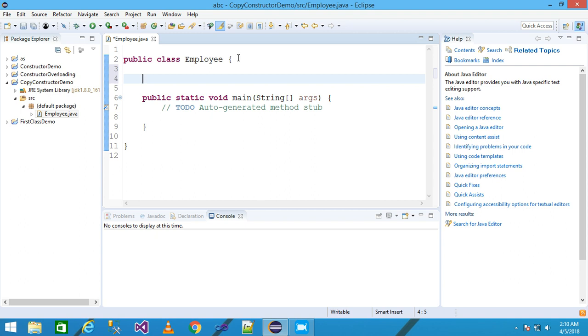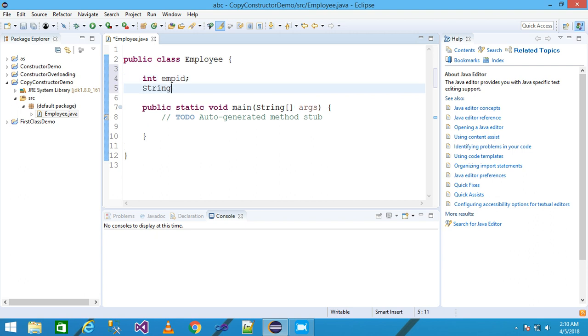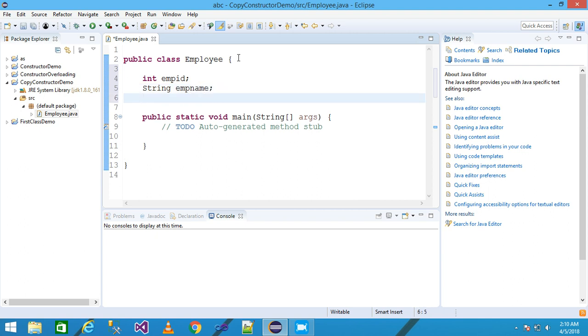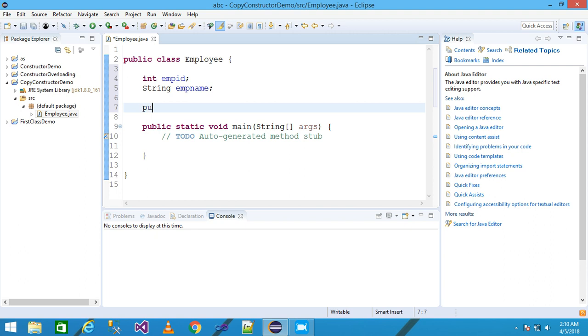Then press enter. I am going to declare the variables int empId and String empName. After that I am going to create the constructor of this class Employee as a parameterized constructor, passing two arguments, int id and String name.